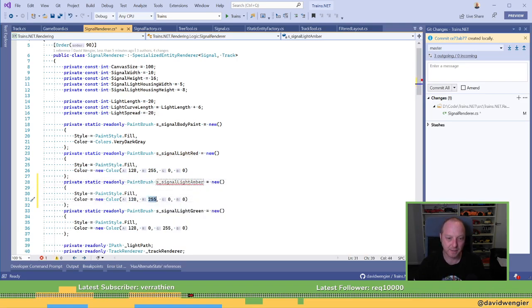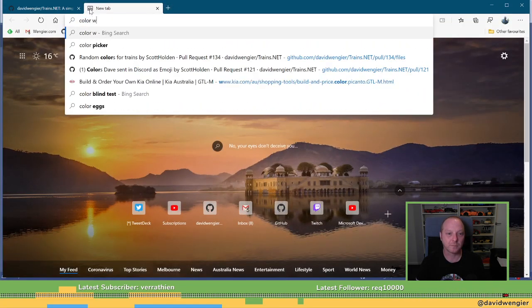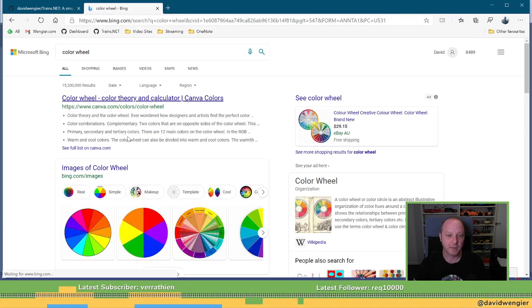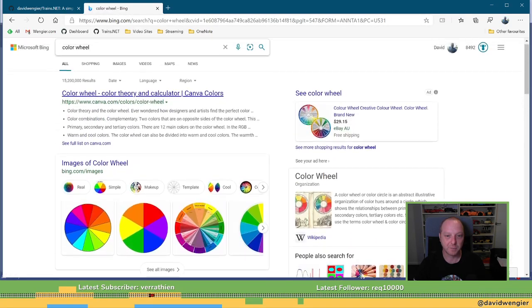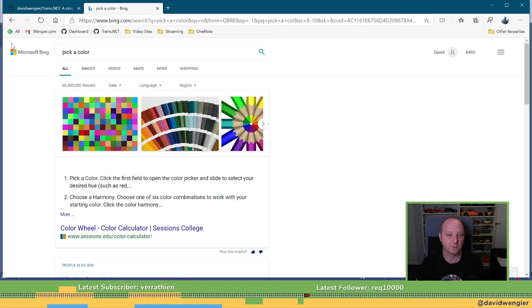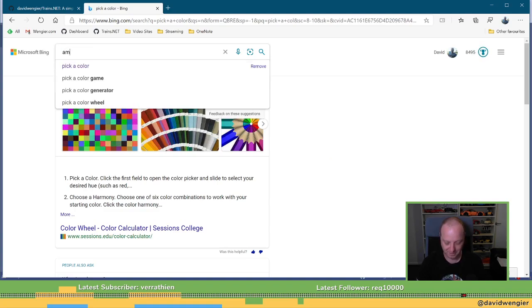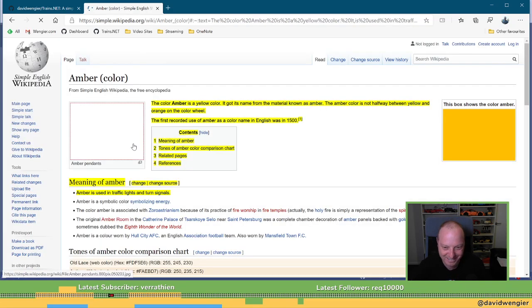And I'm bad at picking colors, but I'm going to pick... No, I'm not going to pick at all. I'm going to pick on a color wheel. Oh, come on. No Bing thingy for pick a color. Pick a color. Amber color. Amber. Here's a yellow color. Good.